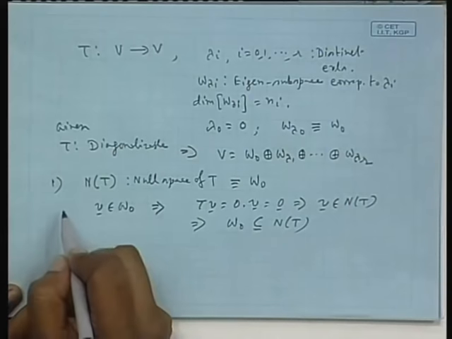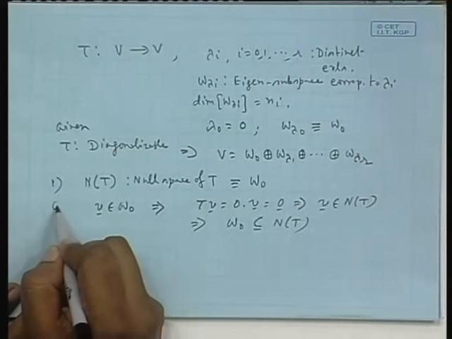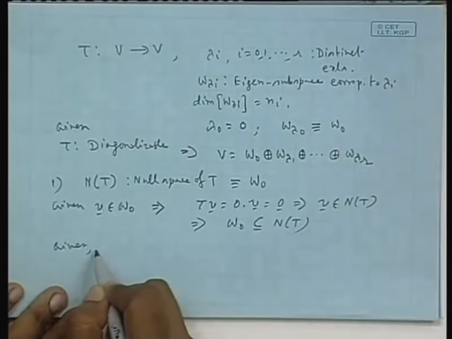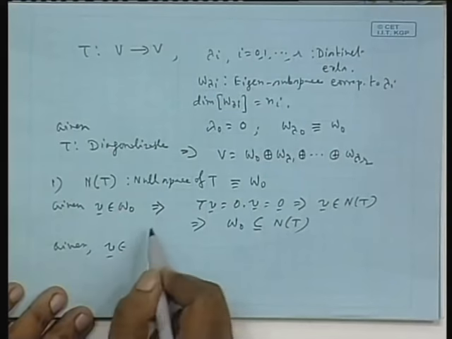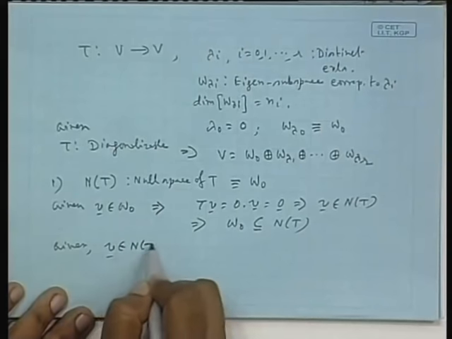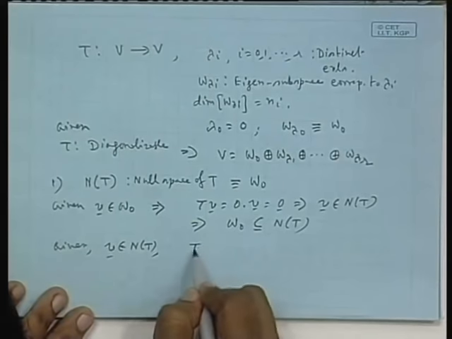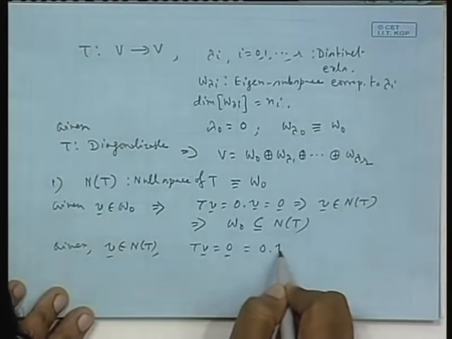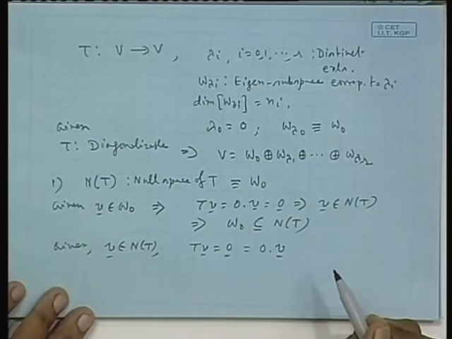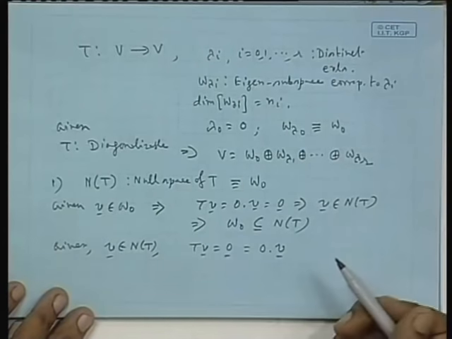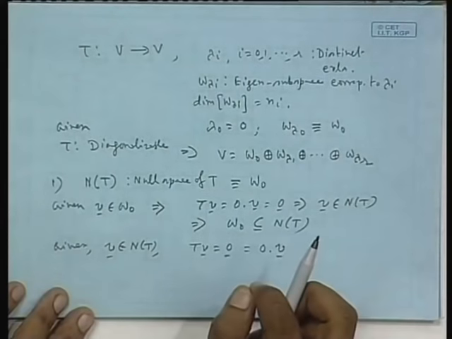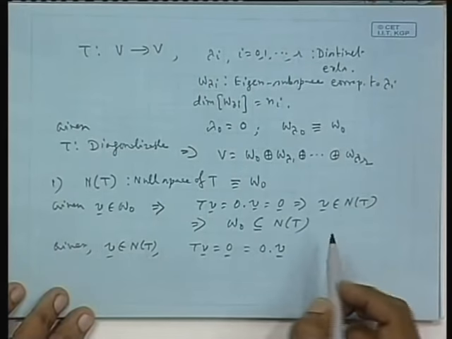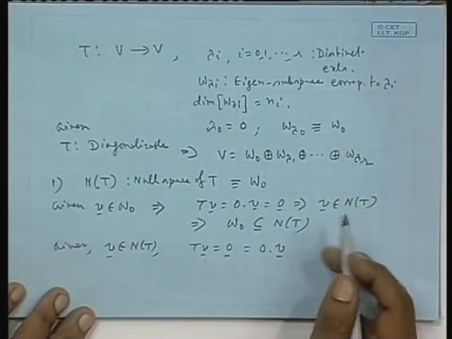On the other hand, given v an element of N T, we have T v is the vector 0, and the vector 0 is 0 times vector v, because we know the scalar 0 times any vector will give you the 0 vector. That was the very first thing in vector space theory that was done in the class. That means